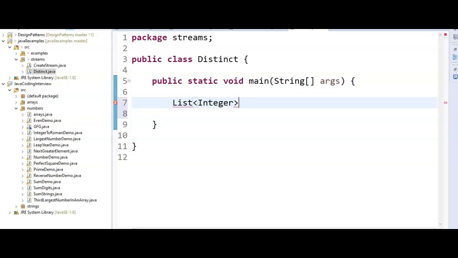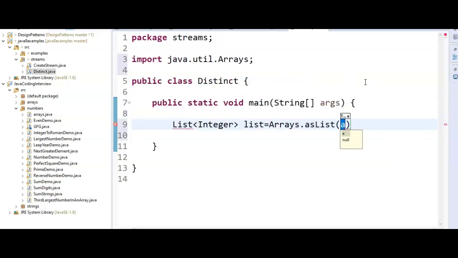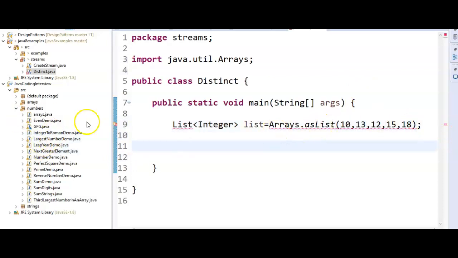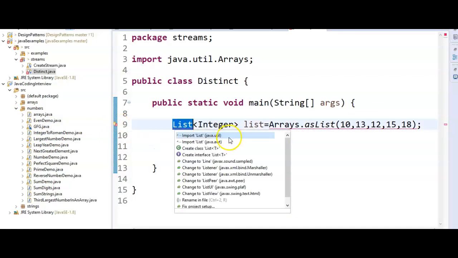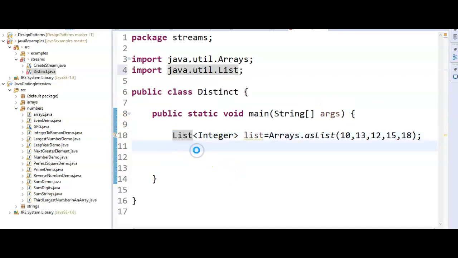A list of integers. So List<Integer> equal to Arrays.asList, pass some integer values: 10, 13, 12, 15, 18. So this is how it looks. I'm just creating a list and passing Arrays.asList to this.